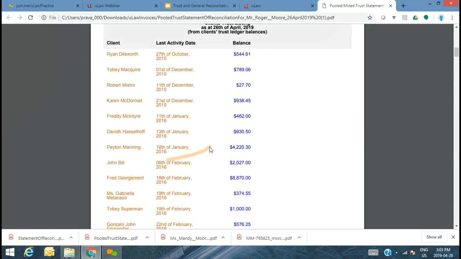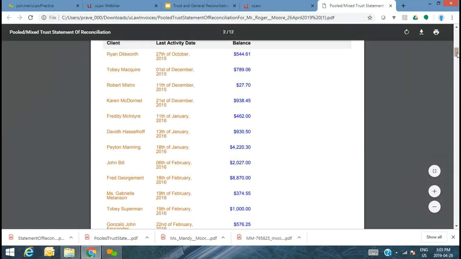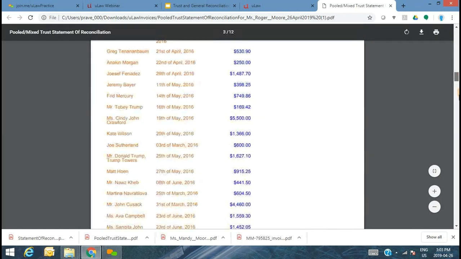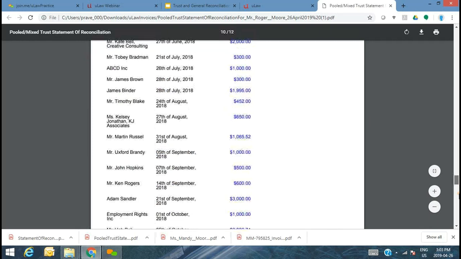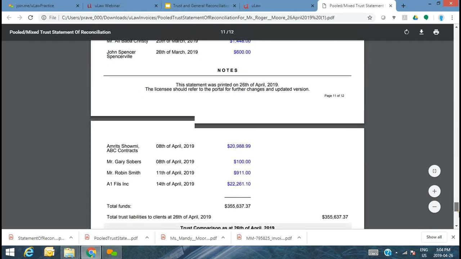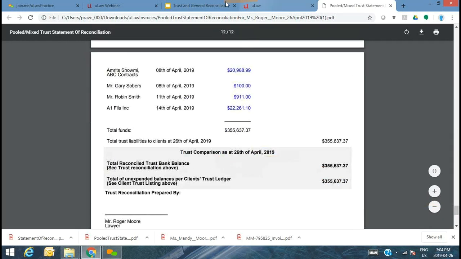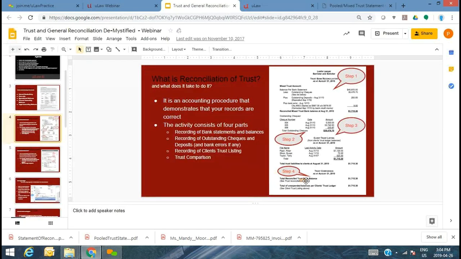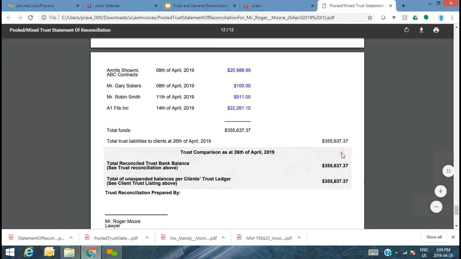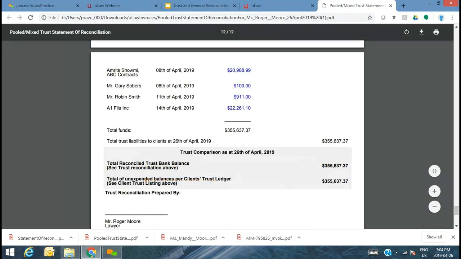It came from Ryan, Toby, Robert, all of them having those many outstanding balances, as I said, since 2015. Okay? That's what all added up. And then last but not the least, we have the comparison. Step 4, the trust comparison between the bank balance and the ledger.